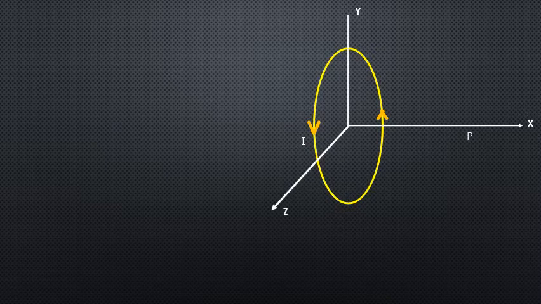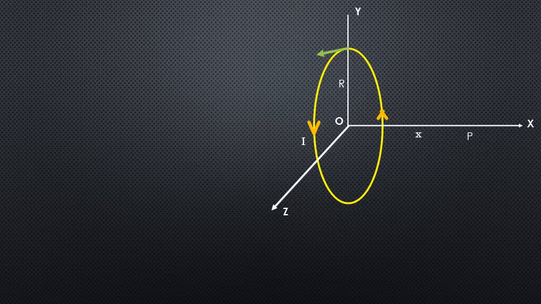Now we consider any point P which is situated on the axis of the loop, and we wish to determine the magnetic field at this point. So here O is the center of the loop and R is its radius. X is the distance of point P, which is the point under consideration, from the center of the loop here.